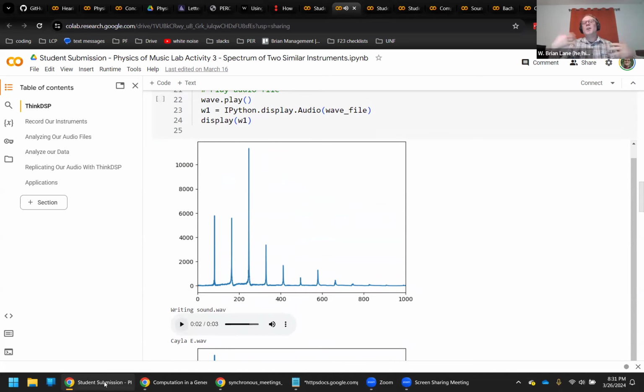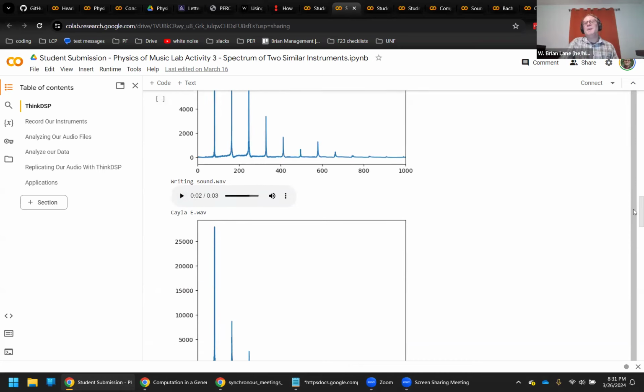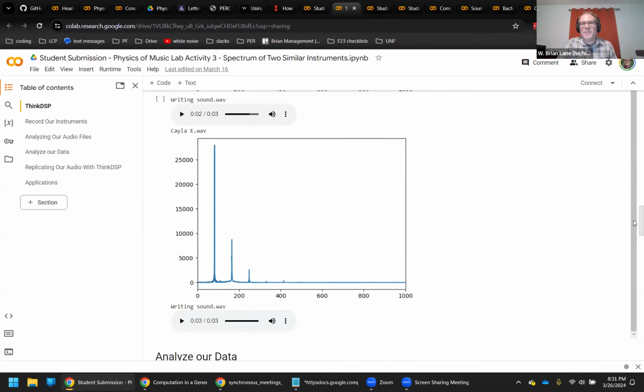And so now we're able to talk about why two instruments sound different when they are playing the same note. It's because they have a different series of overtones. Now we've taken this idea of timbre that the musicians are very familiar with, and mapped it onto a physics principle of resonance that I'm familiar with and that I want them to become familiar with. But we didn't stop there, because remember, ThinkDSP can create sound.